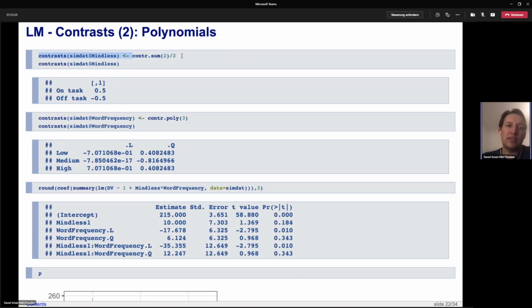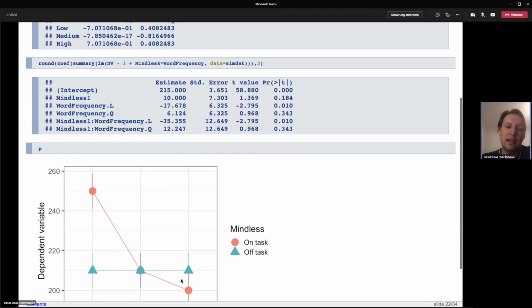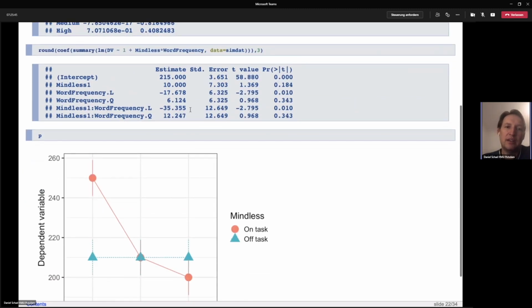We could say we use a sum contrast for mindless reading. An effect coding, plus 0.5, minus 0.5. But now we do a polynomial contrast for word frequency because we want to really get the linear effect and want to test whether there's a quadratic effect. So if we do that,